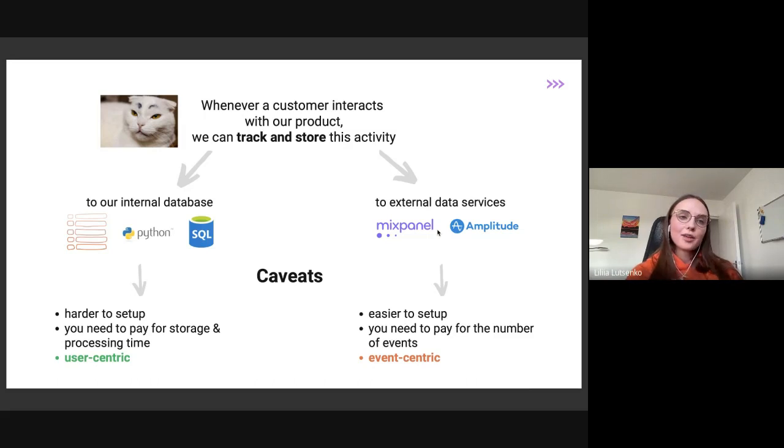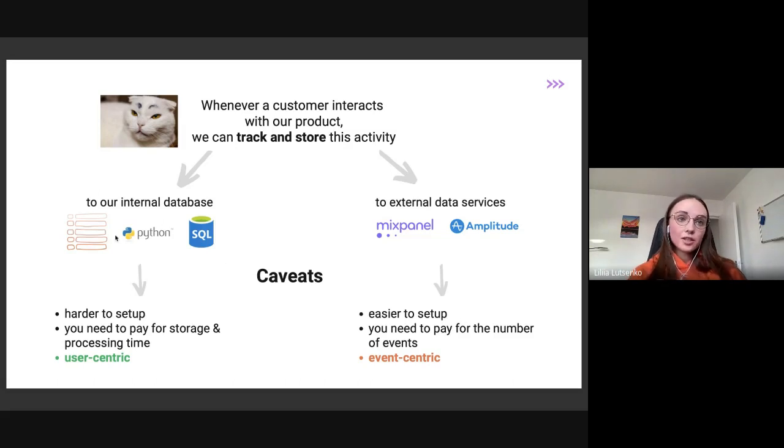event-based funnels. So how many users, from those who clicked on, I don't know, start meditation, continued, and how many of those completed meditation successfully. This is one event, second, and third. And these tools are event-centric, which means when you want to cluster users or calculate correlation at a user level, or do RFM analysis showing your most profitable users, external data services are pretty poor at it because they are all about events.